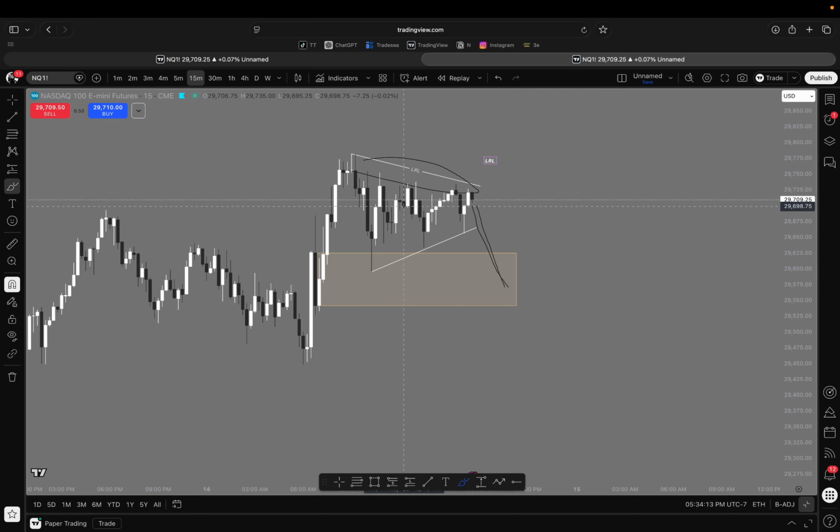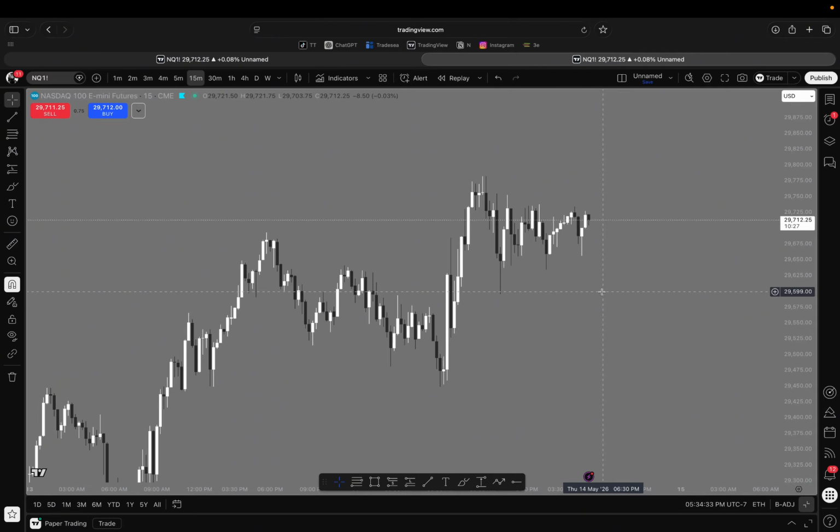It's just trend line liquidity. If you see a trend line, you see a bunch of stacked highs or a bunch of stacked lows, you would mark that out. Okay, now that we got LRL out of the way,